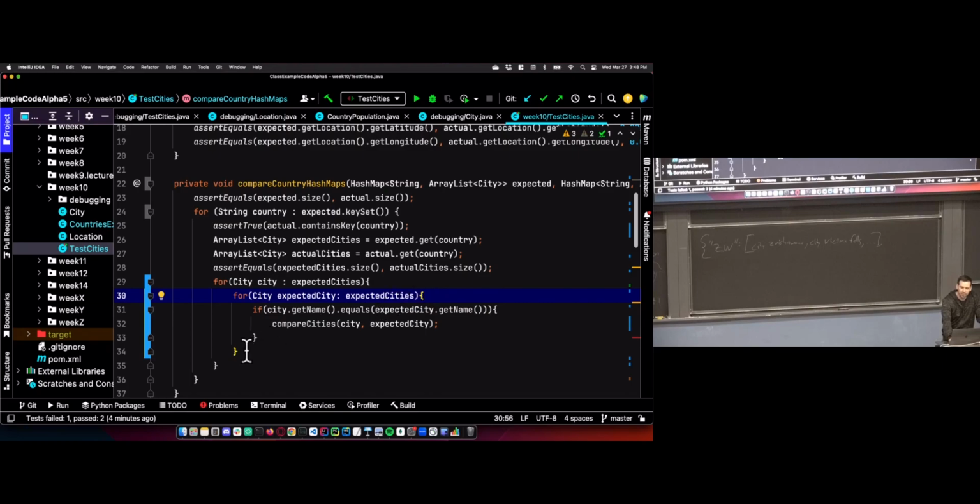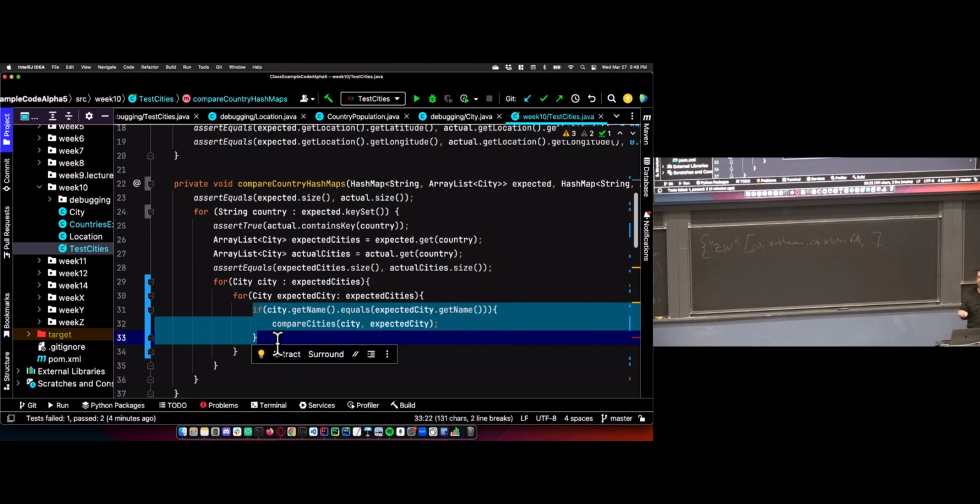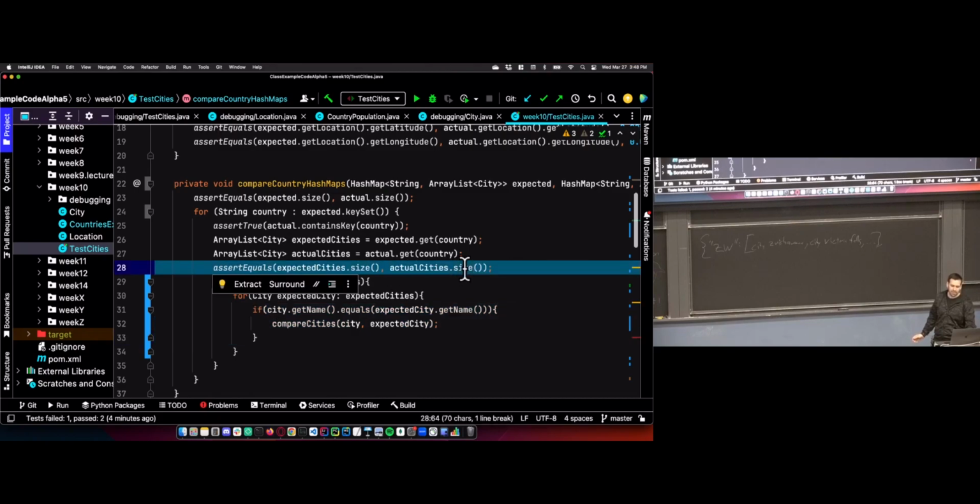Something else to know: if we got to the end of this loop but never hit this conditional, we need to say, well, we didn't find any cities with that name. So with this code right here, if the two array lists are the same size, it's going to say, yep, we're good, as long as they're the same size and there are no cities with the same name and different other values. So we have to make sure